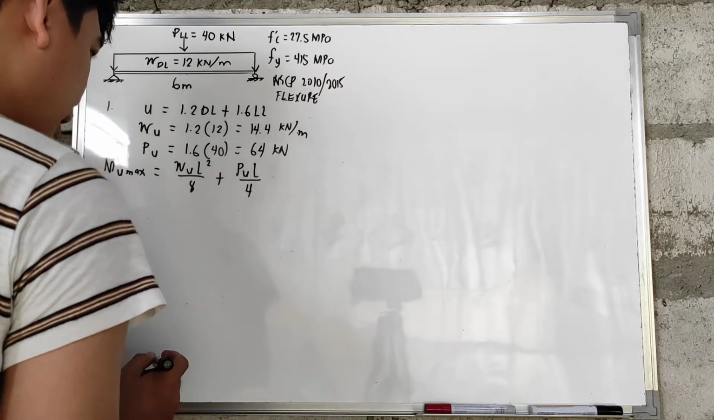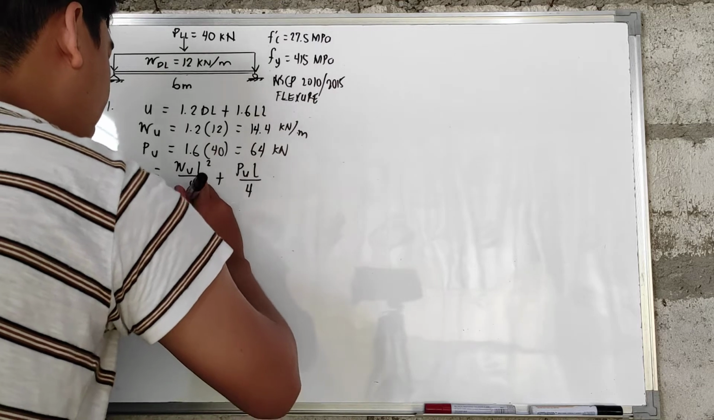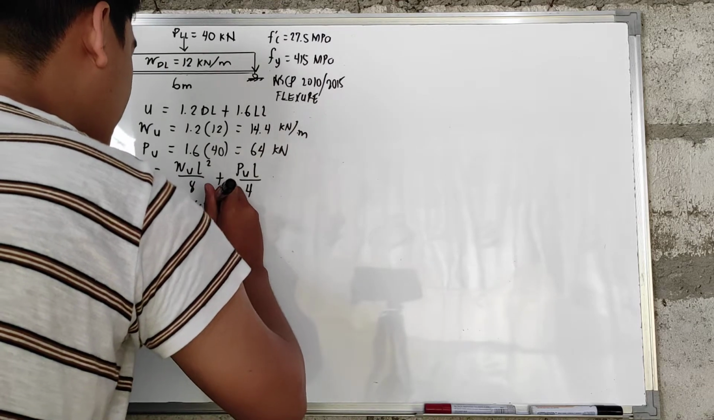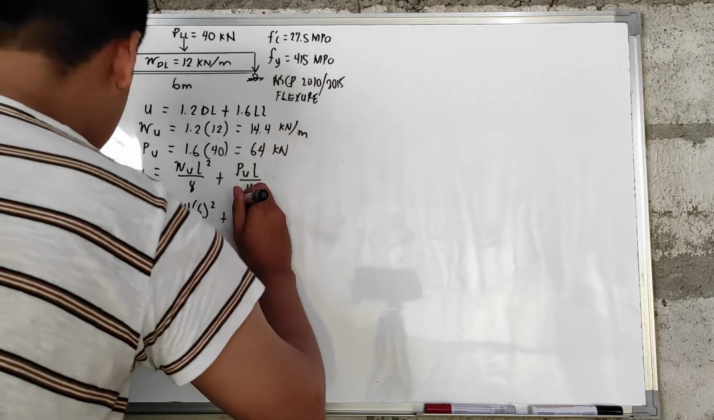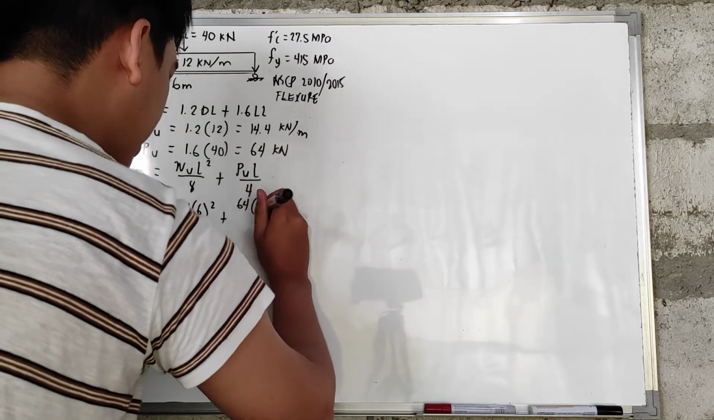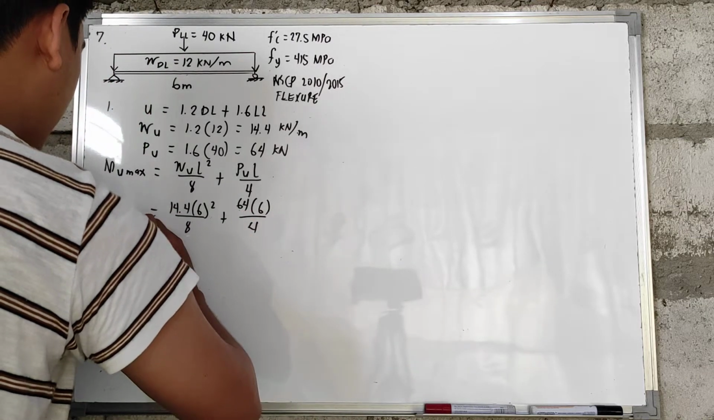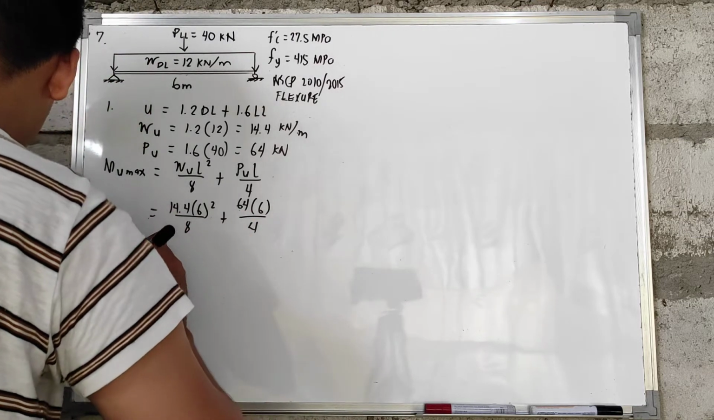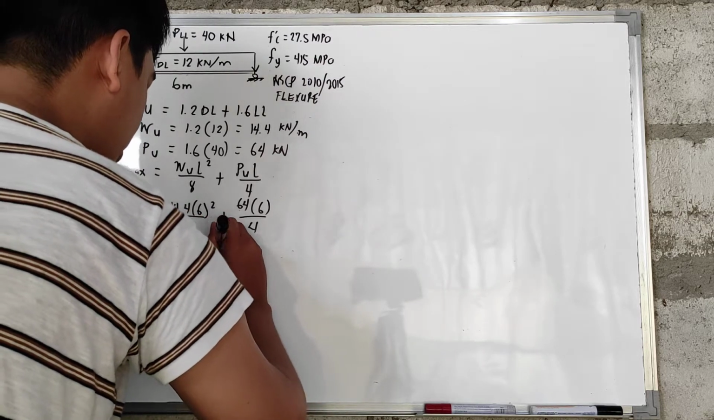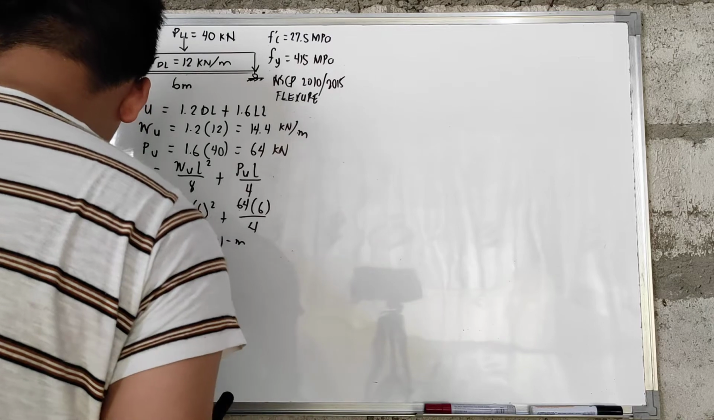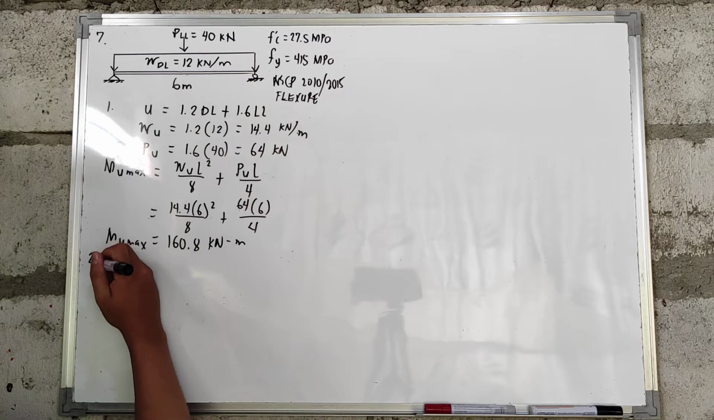So isa-substitute natin yung mga values natin. WU, we have 14.4. Yung L natin, that is 6 squared over 8 plus yung PU natin, which is equal to 64 kN multiplied by the length of 6 over 4. So the value of your MU max is now equal to 160.8 kN meter. And after that, for the next step, we are going to